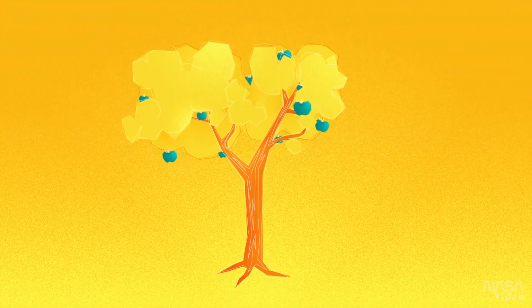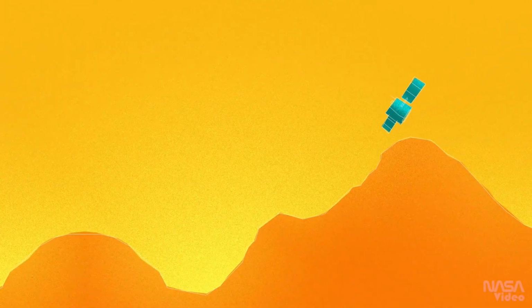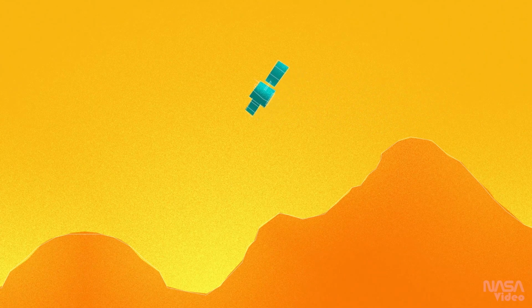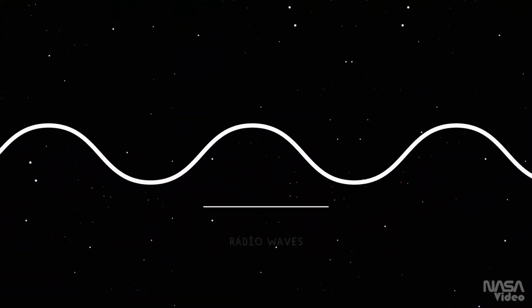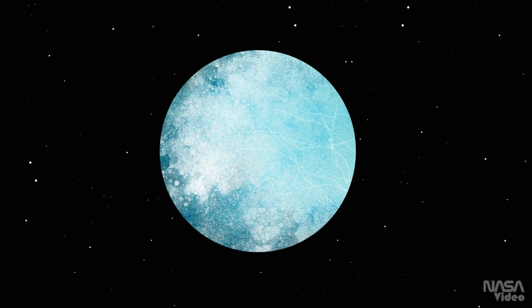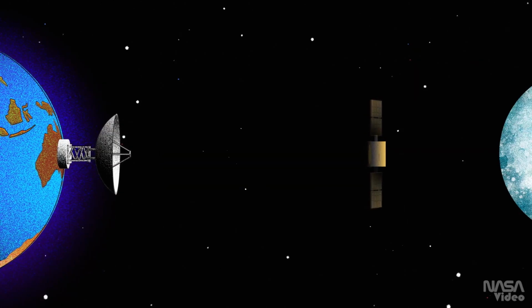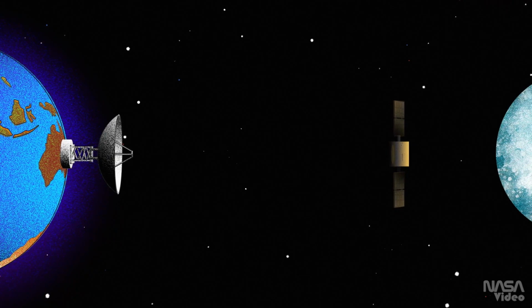Here on Earth, we experience this every day. If you drop an object, it will accelerate toward the ground because Earth's gravity causes it to fall faster and faster, and the acceleration of a spacecraft toward a planet depends on the mass of the planet. Less mass means less gravitational pull. These properties of gravity, combined with our understanding of radio waves, help us use gravity to study other planetary bodies in our solar system. After reaching its destination, a spacecraft uses radio antennas to communicate with the Deep Space Network